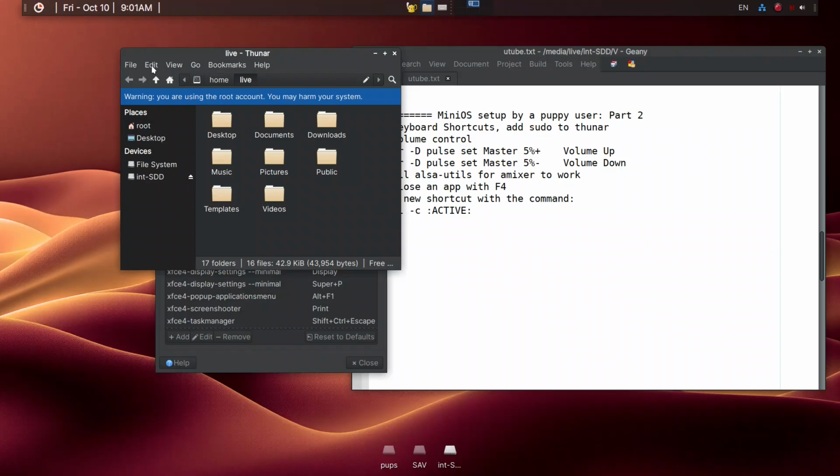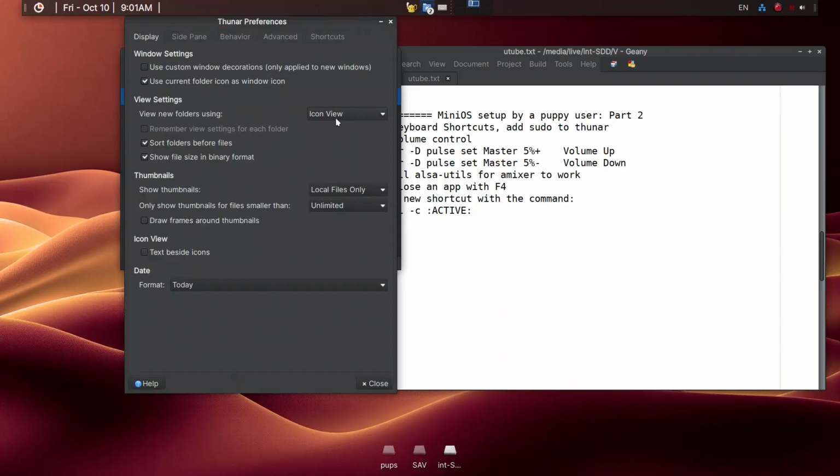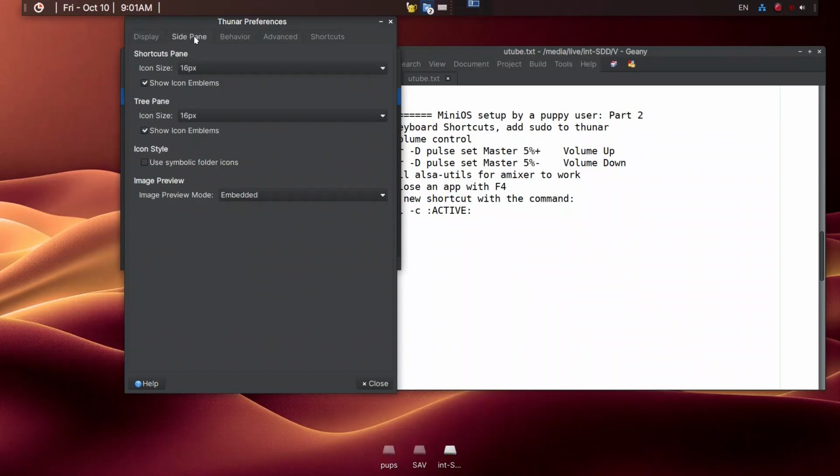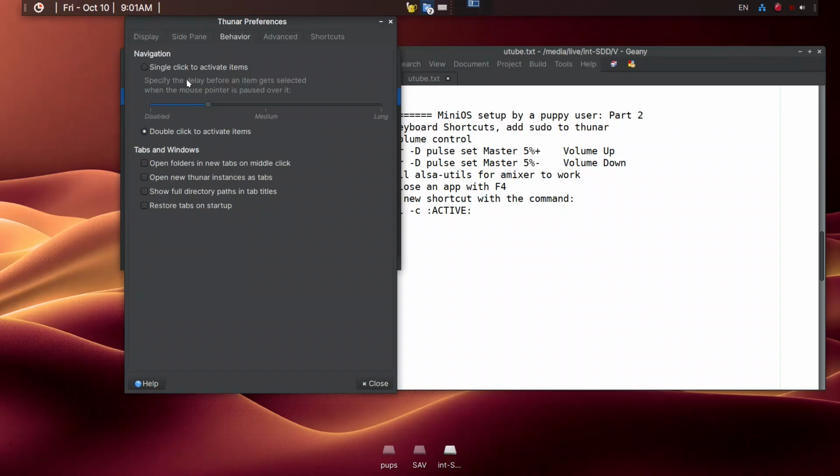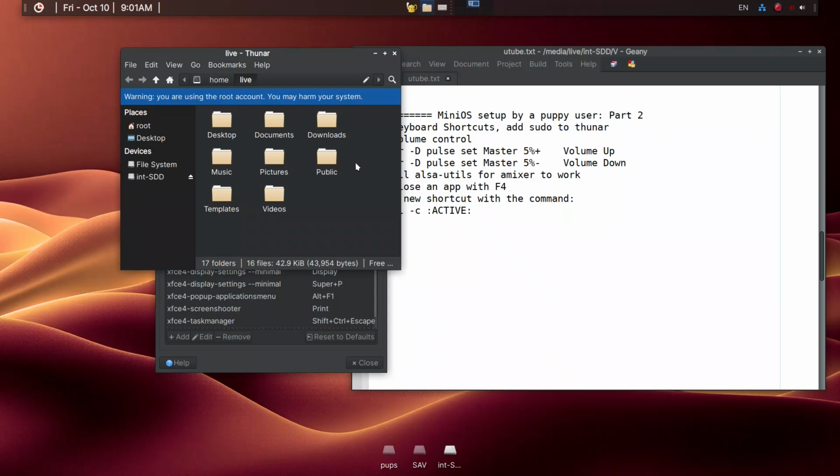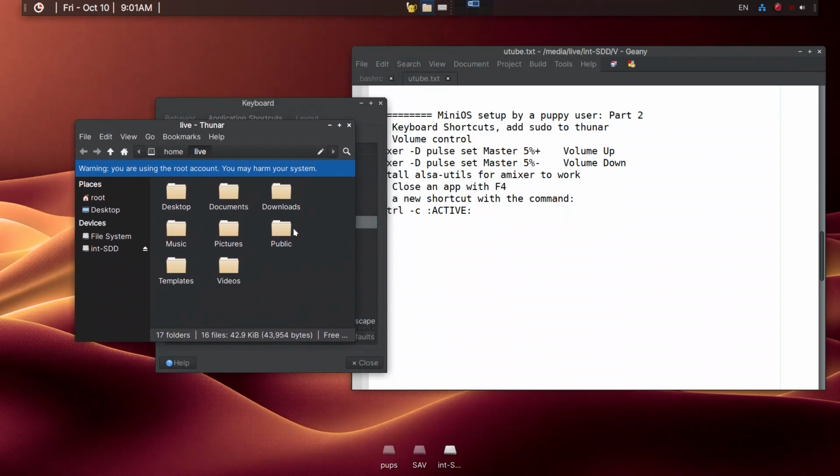So I prefer to go to list view rather than icon view, and the side panel is fine. For behavior, I would rather have a single click. So this simulates the true Puppy Linux experience where sudo is not used, but you